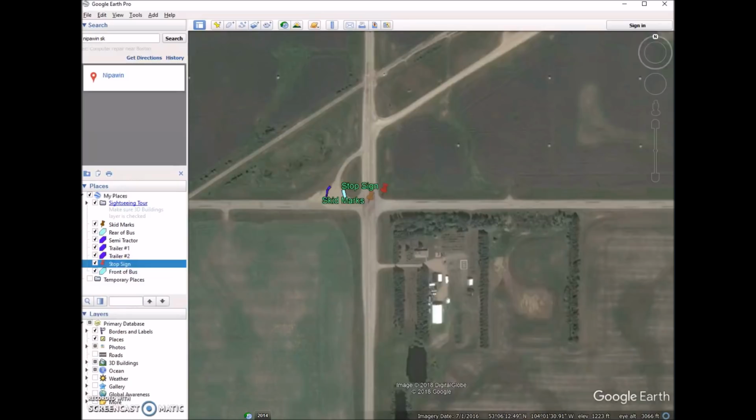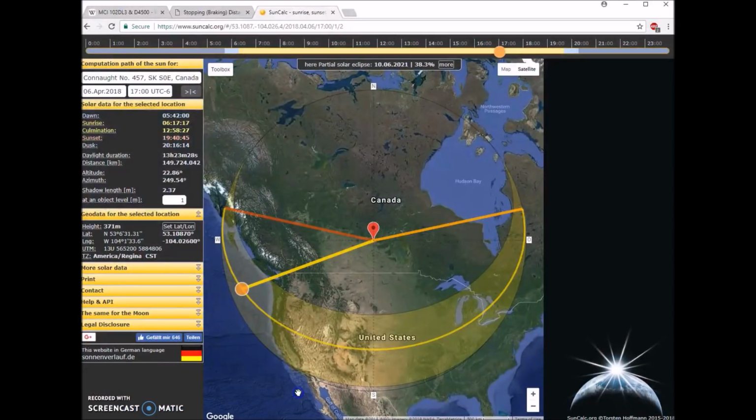So first thing is you can visit this. The link is here, suncalc.org. I've typed in the exact latitude and longitude of that intersection, and I've typed in the date and the time. And the time zone is Regina, it says CST. So you can see here that